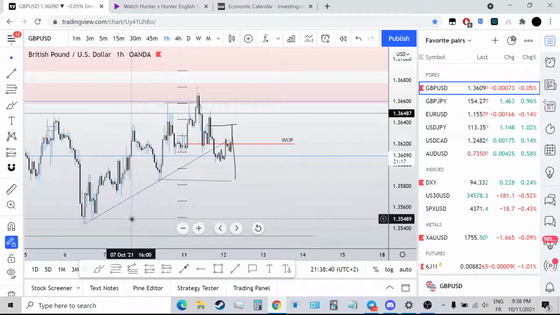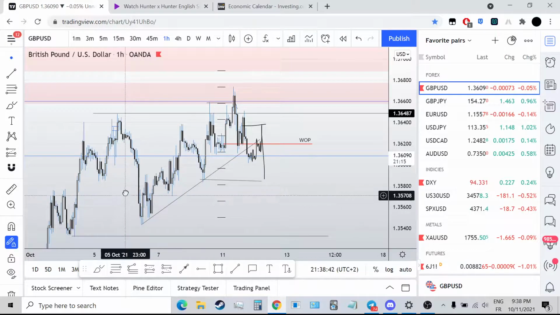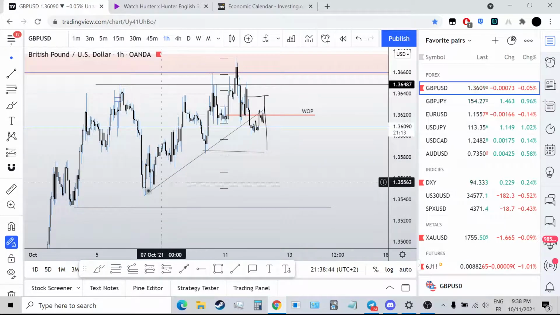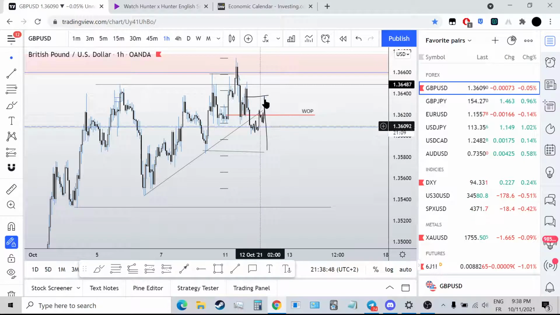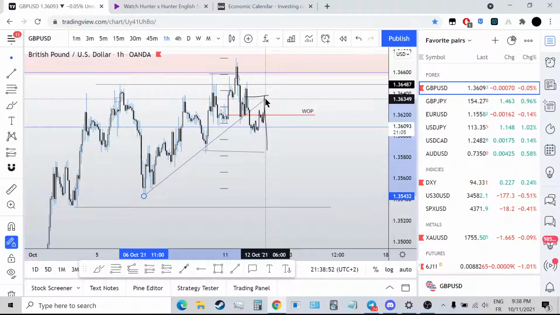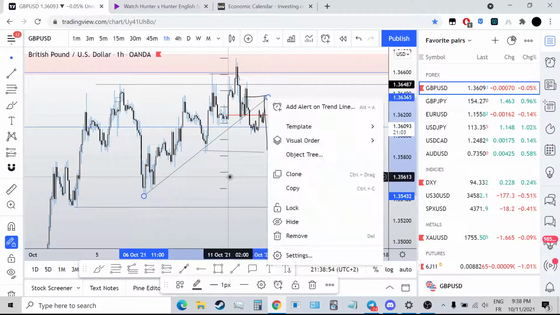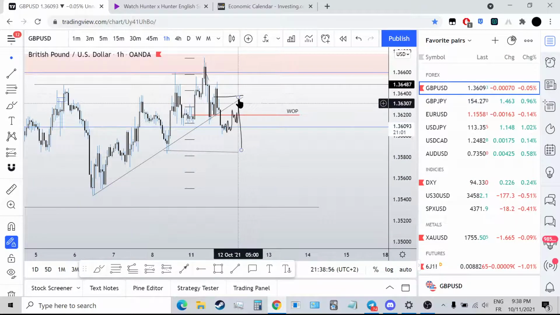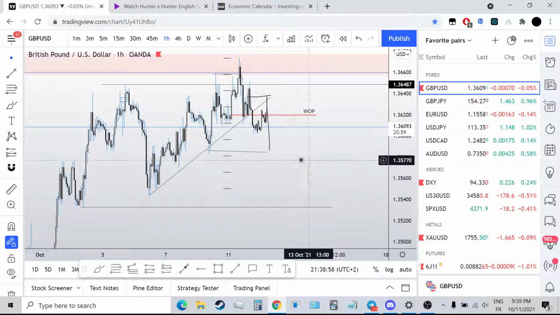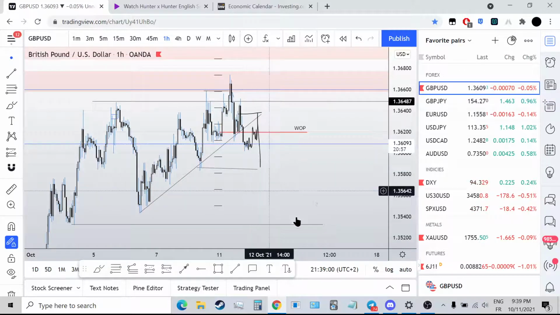So yeah, we'll see what happens. You can see how we did have this trend line right here, and we broke that. This isn't retail concepts, but this shows you the shift, right? And then we might have a retest right here to continue back down if you're looking at it from a retail standpoint. But yeah, that's what I'm looking at right there.